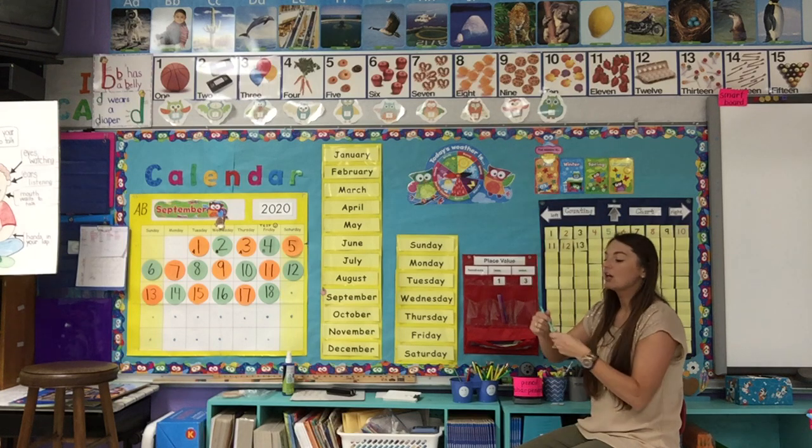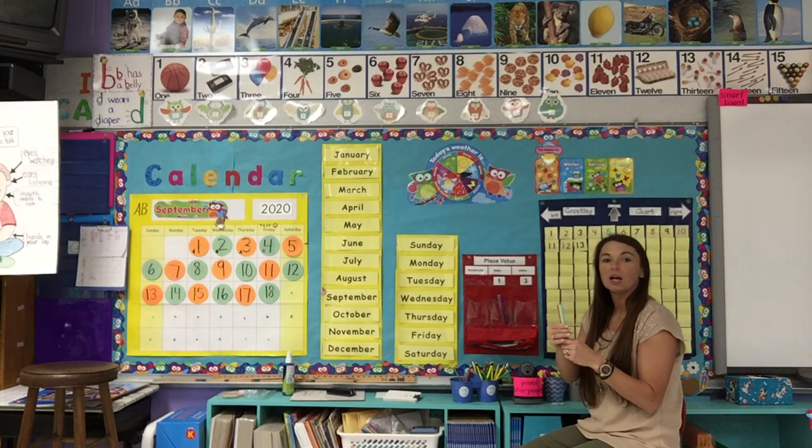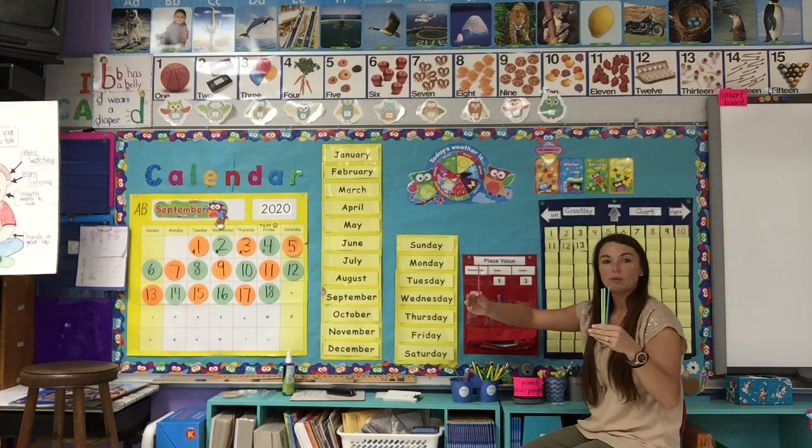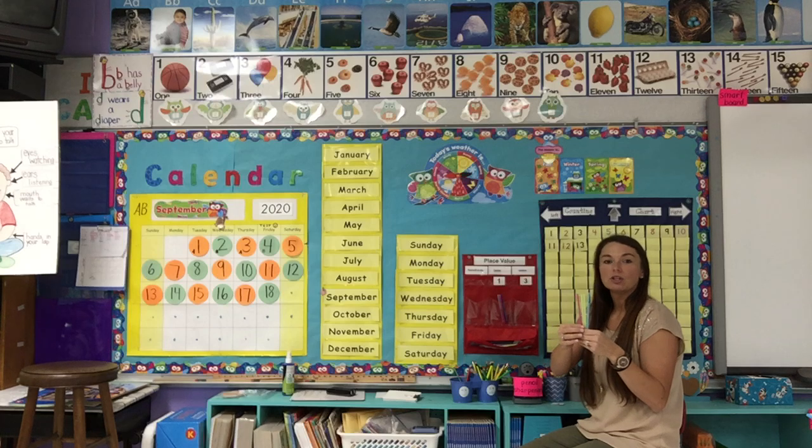When we get these straws out to count them, we're counting them one straw at a time, or we're counting by ones. So I have my set of straws from my ones place in my left hand. I'm going to move them over to my right hand, and I'm going to count by ones. So let's count. Ready? We have 1, 2, 3, 4.